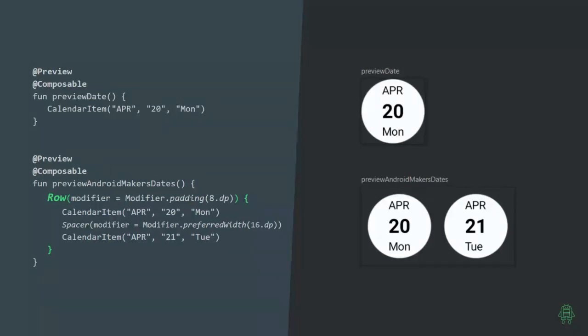As an example, in this case we have two preview functions. The first function shows just one calendar item, and the other function shows two calendar items with some space between them, placed in a row. As you can see, when you create one composable function for, as an example, a calendar item,